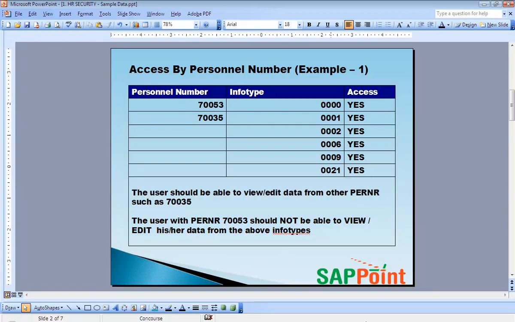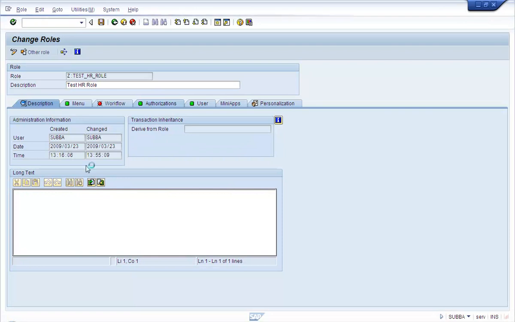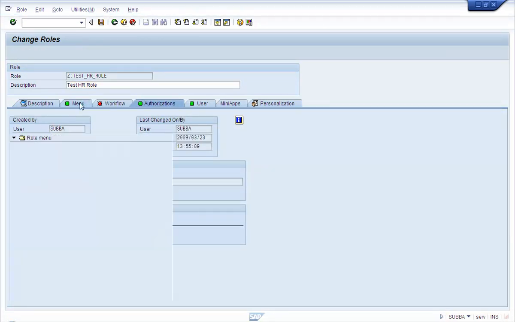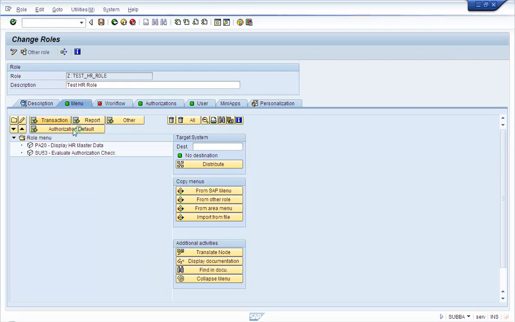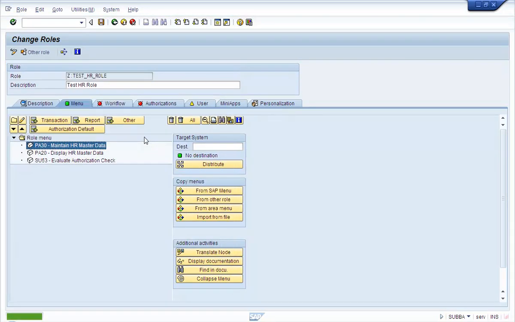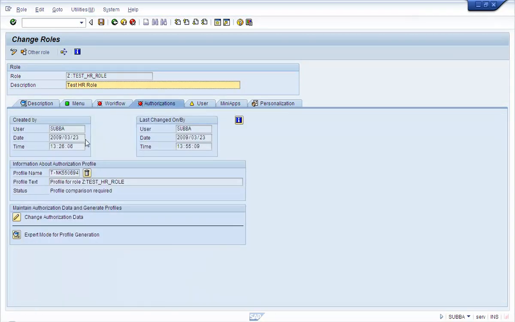So we need two objects for this, because when you say view and edit data, we also probably need PA30, which is used for maintaining master data. PA20 is for displaying the master data, but because we said edit, we need access to PA30 also.